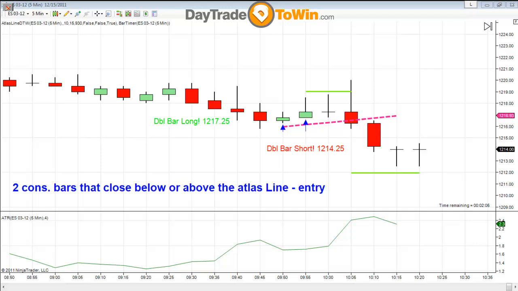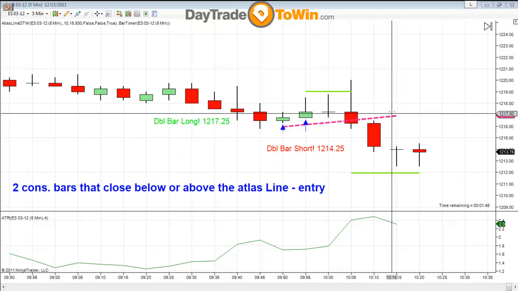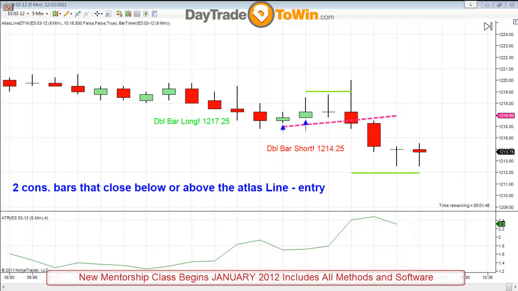Now, the first stop is the catastrophic stop. The second stop is going to be a prove-it stop. What I mean by a prove-it stop is price proves to me that it is not going in my direction. So a prove-it stop is a close on the opposite side of the Atlas line. It's proving to me it's not going where I want it to go, so I'm out of the trade. Third but not least is the